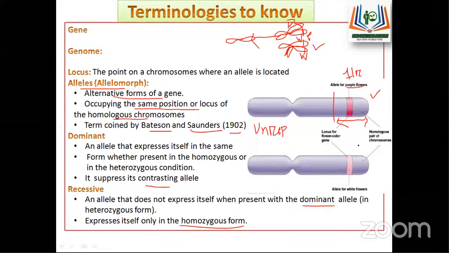Hemizygous means here only one allele; the gene is represented by one allele. So this particular condition is called